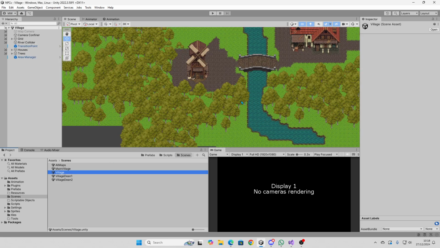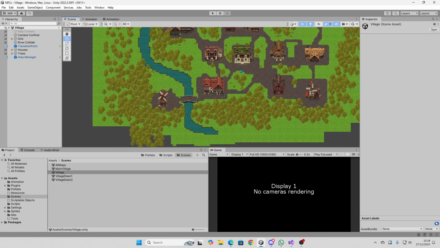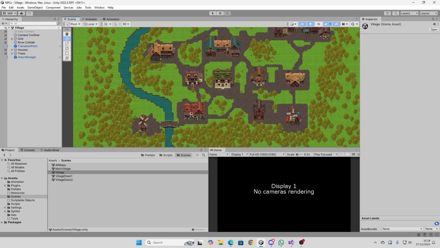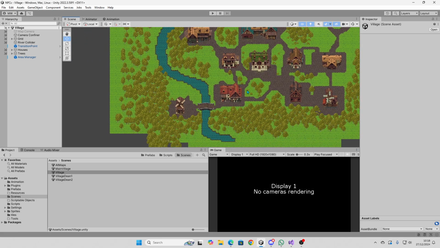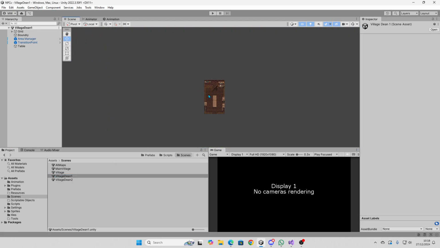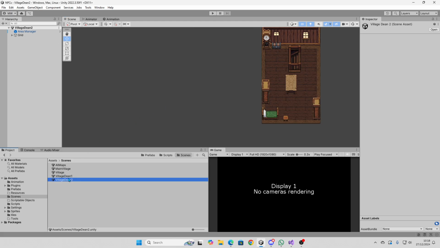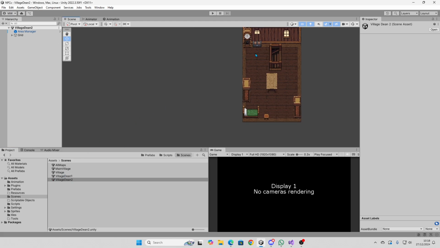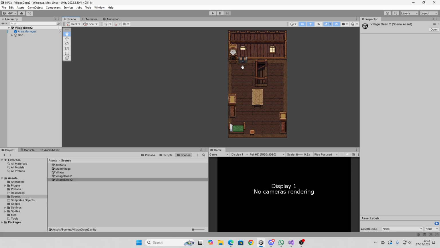So here I've got my village, and I want them to be able to walk around the village. That's easy to do. If I had a house which has an obstacle in the way, then having them walk around the house is easy to do. I've got the upstairs floor where they can come upstairs, walk around, and go to that chest, and that's easy